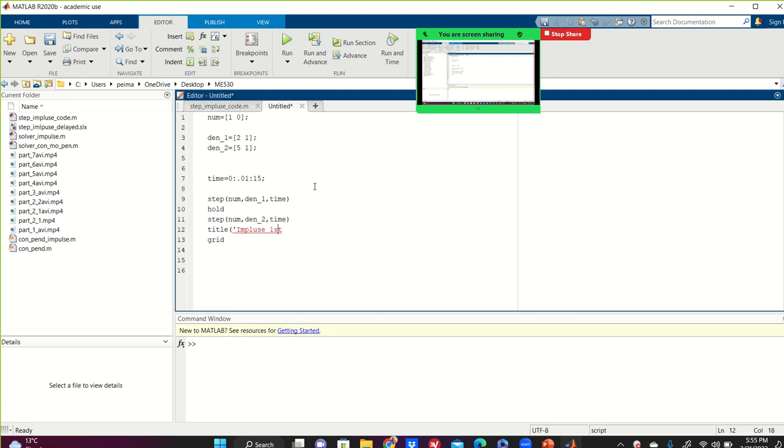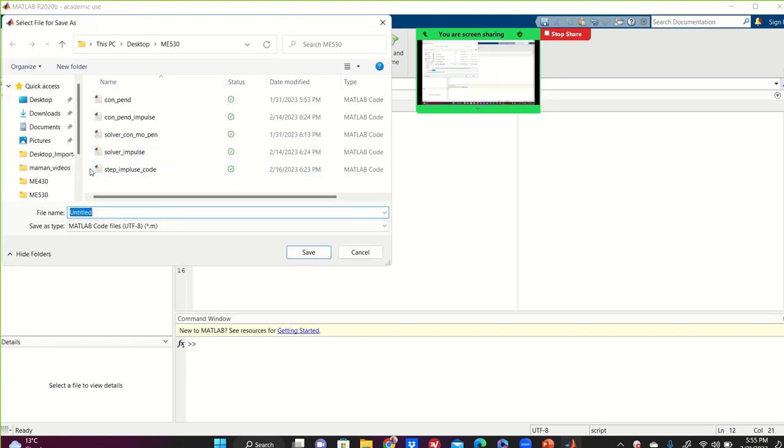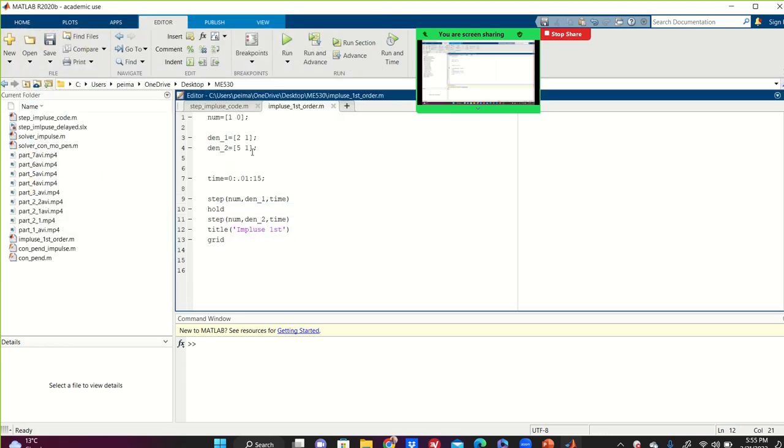Impulse first order. So if I plot this, let me save this here. Impulse first order. Okay. So 1 0 2 1 5 1. That's right. If you run this,